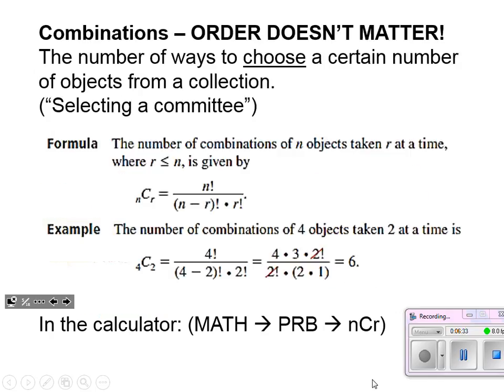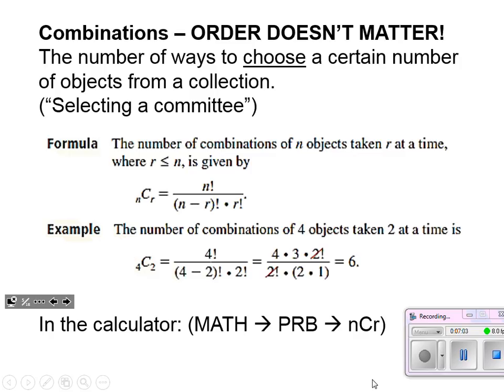Okay, but what if we don't want order to matter? Well, that's called a combination. And instead of arrange, we use the verb choose to describe a combination. So instead of finishing a race, if I'm looking out at a classroom of students and I just want to choose 3 of you to be on a committee, the order that I choose you doesn't matter. It's just how many ways can I grab 3 people to be on that committee. So committee is a good way to think of combination.